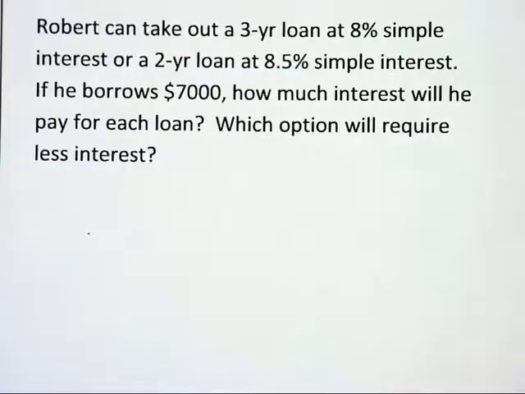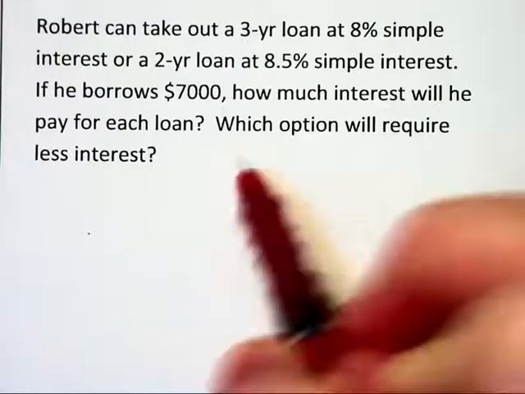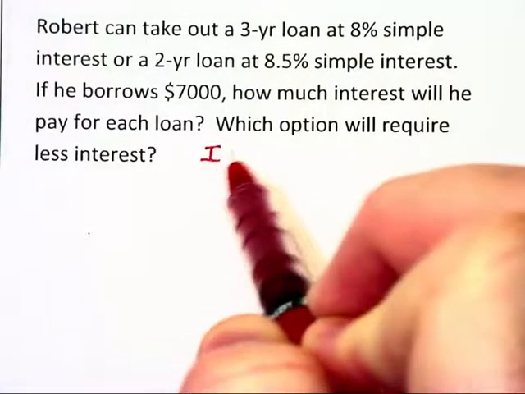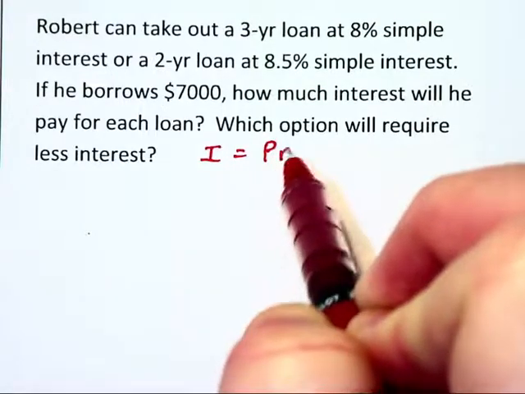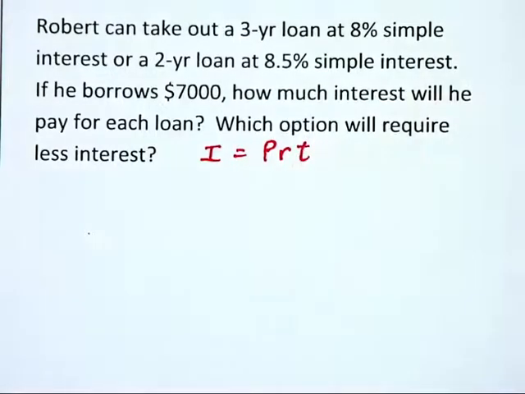Robert can take out a 3-year loan at 8% simple interest or a 2-year loan at 8.5% simple interest. If he borrows $7,000, how much interest will he pay for each loan, and which option is the best? Okay, we need to use the formula interest is equal to principal times rate times time, where the rate is